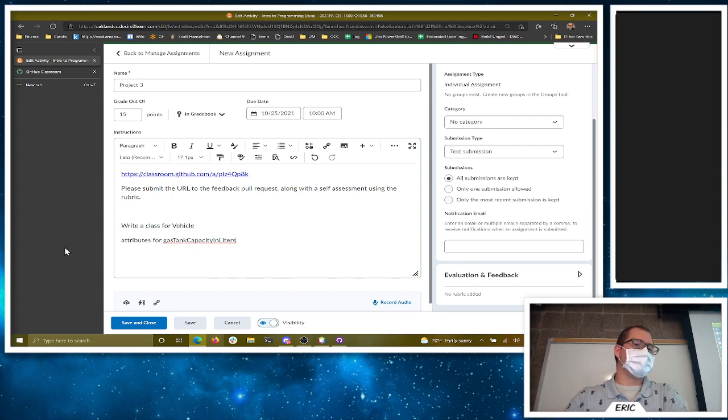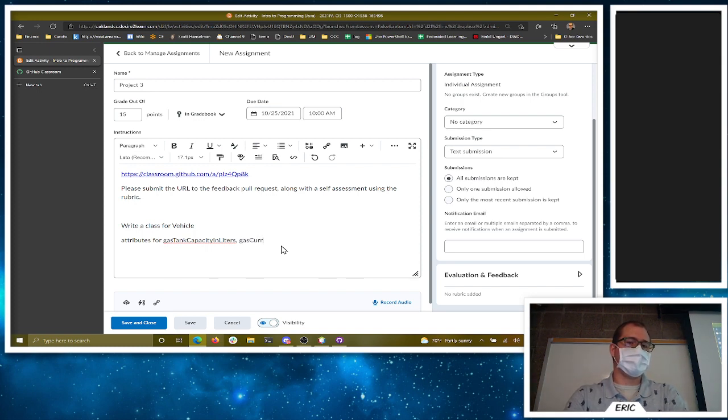So when you give an attribute that is based on some sort of measure, you should tell them what the measure is. If you just say gas tank capacity, most of you will probably assume gallons. And I'm going to assume liters, and I'm going to try and put too many liters in the tank, and I'm going to spill gas all over the place, right? So gas tank capacity in liters,